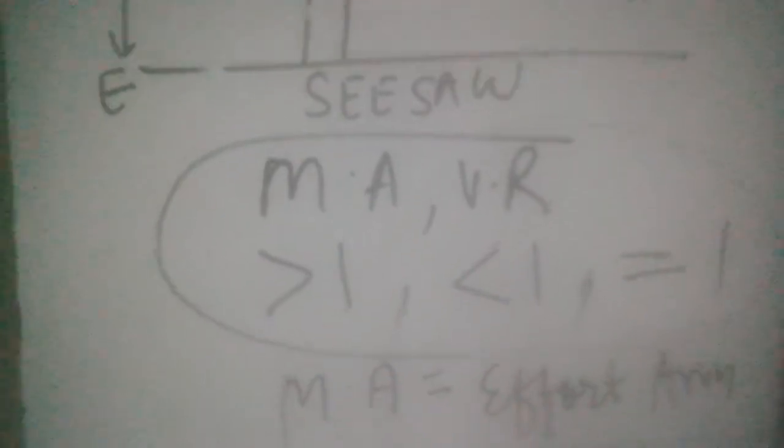If an ideal class 1 lever has effort arm and load arm of equal lengths, then what will happen? Then both its mechanical advantage and velocity ratio are equal to 1. What is the example of class 1 lever? It is the physical balance, with both arms equal in length. This is the case where the mechanical advantage and velocity ratio are equal to 1. And why is it possible? Because its effort arm and load arm both are equal.